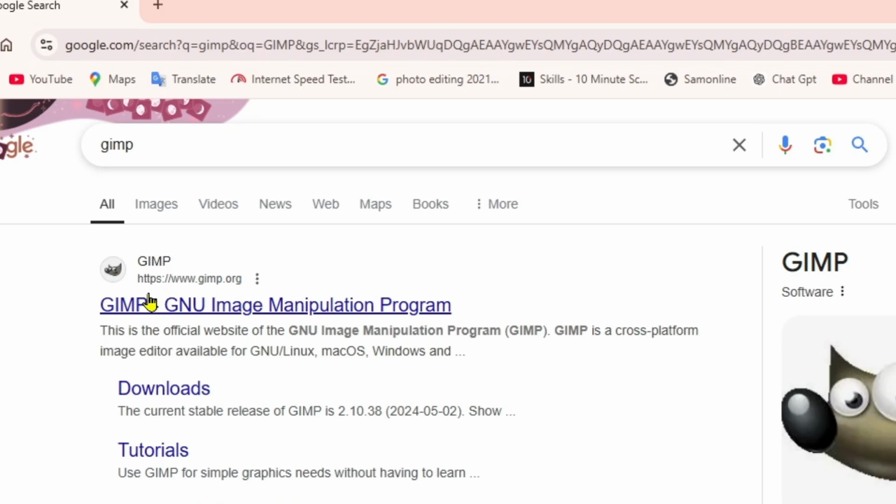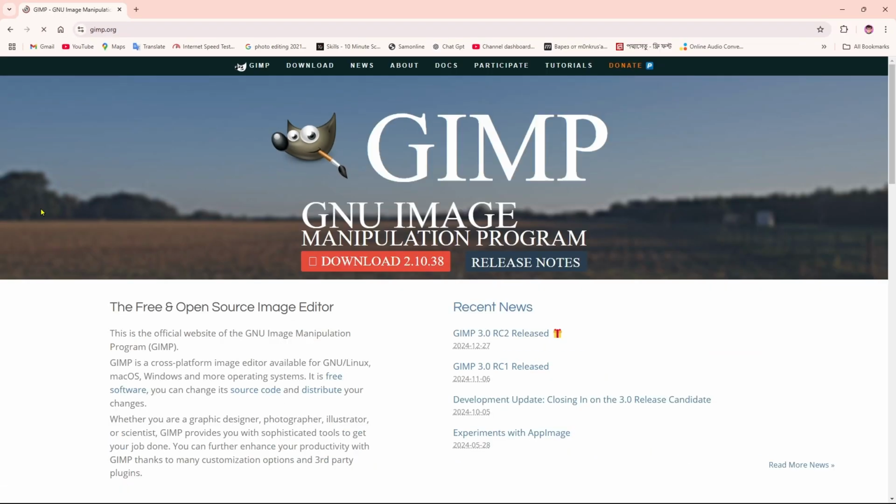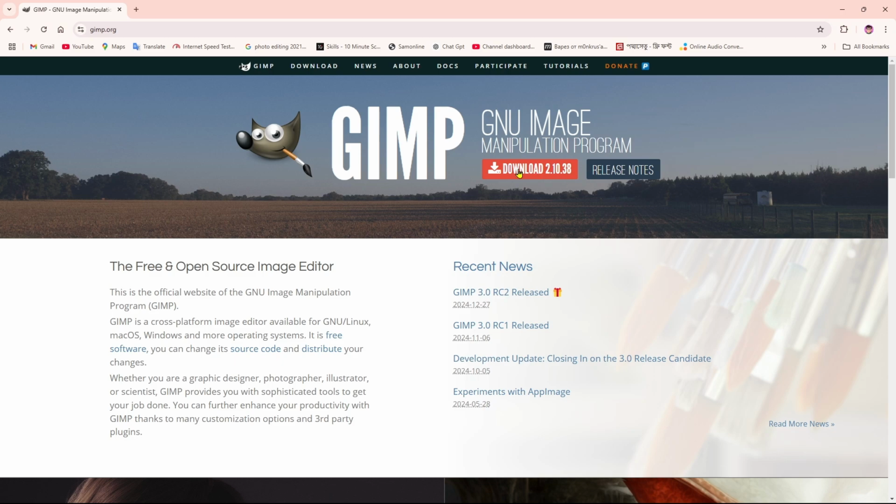After that, you will get this website called www.gimp.org. So we're going to click on this website over here. And then here you will get the download option. So if you click on the download,